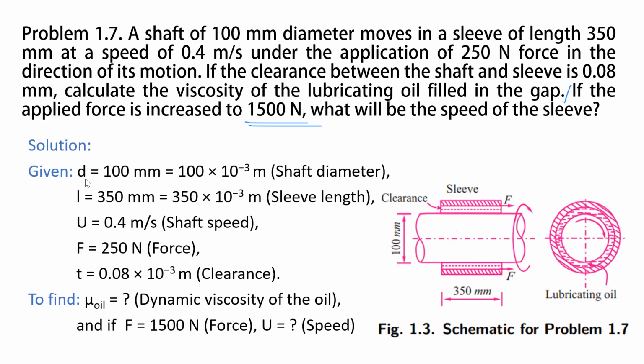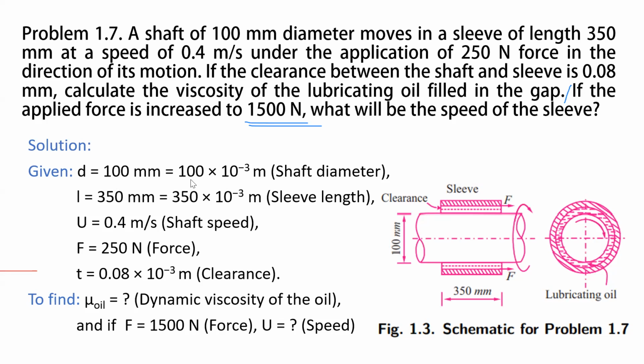Now write down all the things. Diameter 100 millimeter. The first step itself, you have to solve always in this way. Solution: given, to find these things. Most of the students do not have the habit of writing all these things. Please cultivate it, so that it will be easier for you to see what they have given and what you have to find out. Now diameter is 100 millimeter. While writing this given data, here itself you convert it into appropriate SI units.